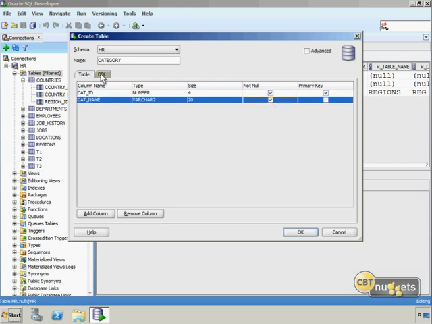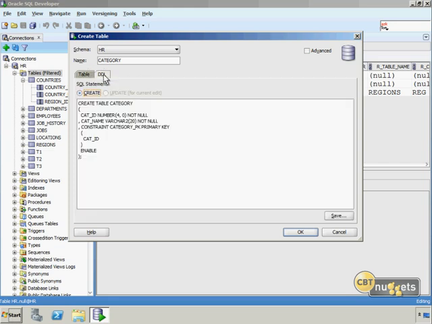Now, I mentioned to you earlier that SQL Developer is a great learning tool, and that comes to the forefront right now, because if we come over to the DDL tab, we can see exactly what we would need to type if we wanted to write this out using SQL statements. So we're saying CREATE TABLE category, and then between the outer parentheses, we're doing our column names: CAT_ID NUMBER. If you're doing integers with no decimal places, you could just do 4 in parentheses, or you could be formal and do 4, 0, NOT NULL, CATEGORY_NAME VARCHAR2(20) NOT NULL, comma,